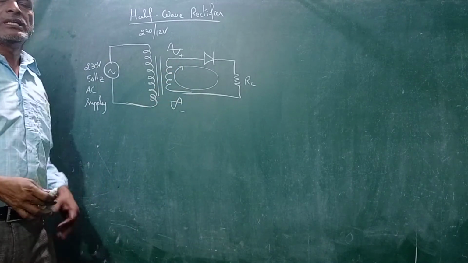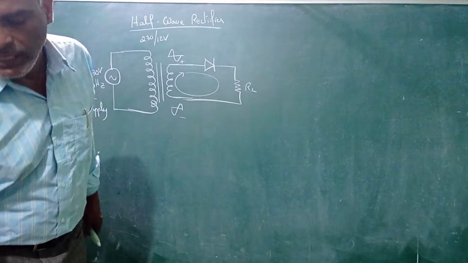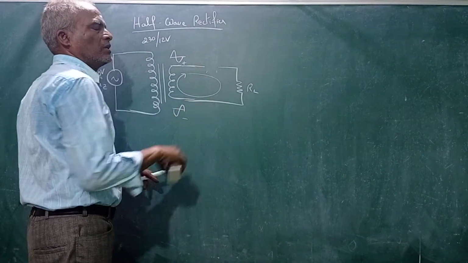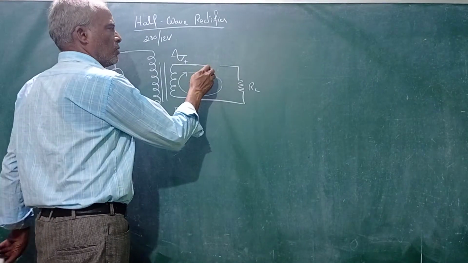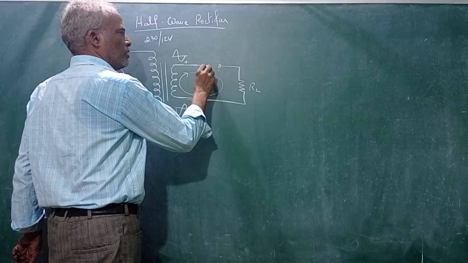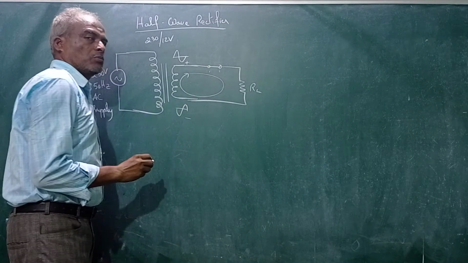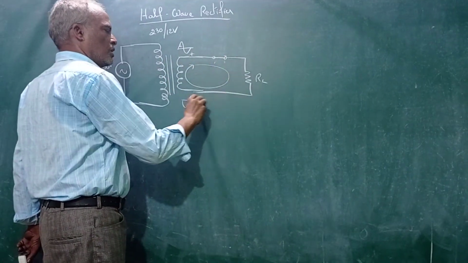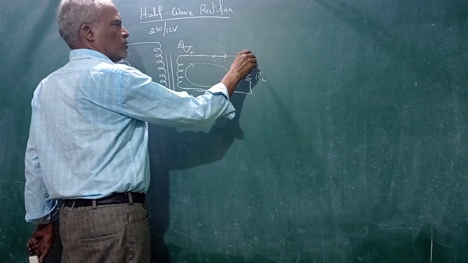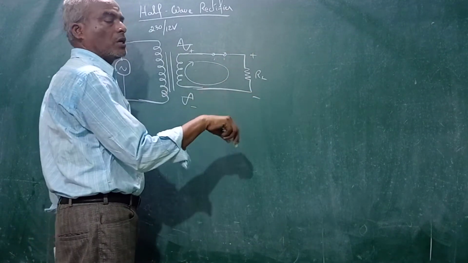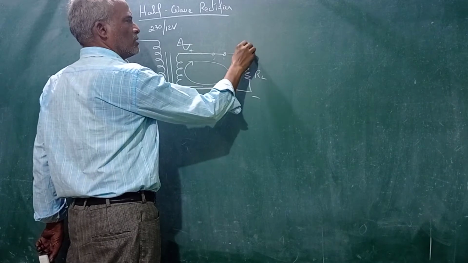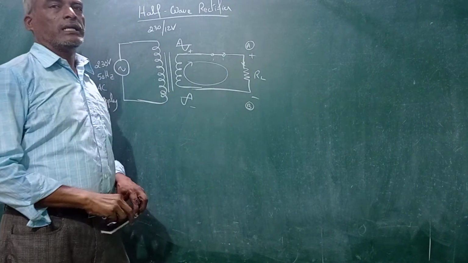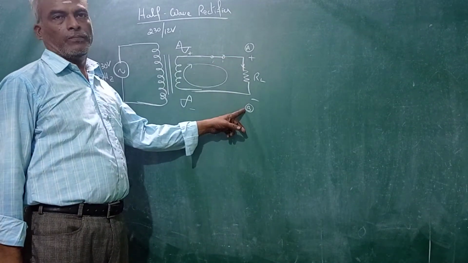One way of understanding is you can replace the diode with the ideal condition. That means when it is forward biased, forgetting about the internal voltage drop, you can assume these two ends as a short circuit. The current will start from positive, go through the RL and come back here. So the direction of current flow across the RL is this way. If I call this point A and this point B, the current direction is from A to B.